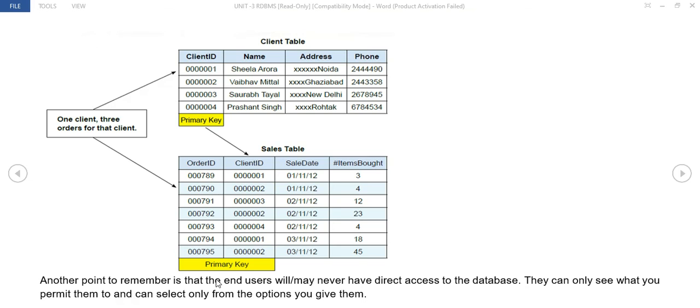Here this should be foreign key. This client ID which is in the client table as a primary key, when it is referred to in the sales table, that will be called a foreign key for that table. In your textbooks also you can just correct this mistake.